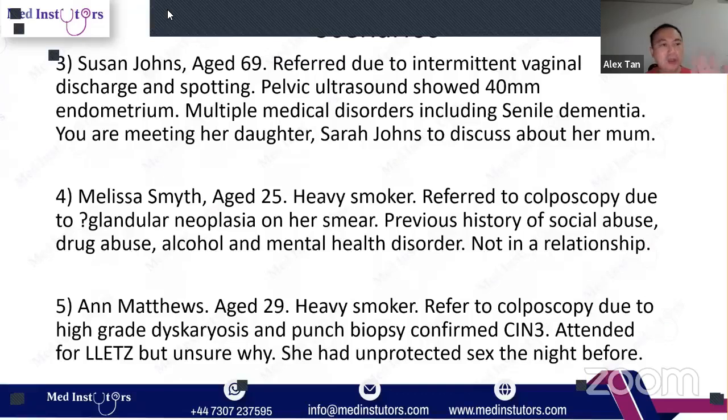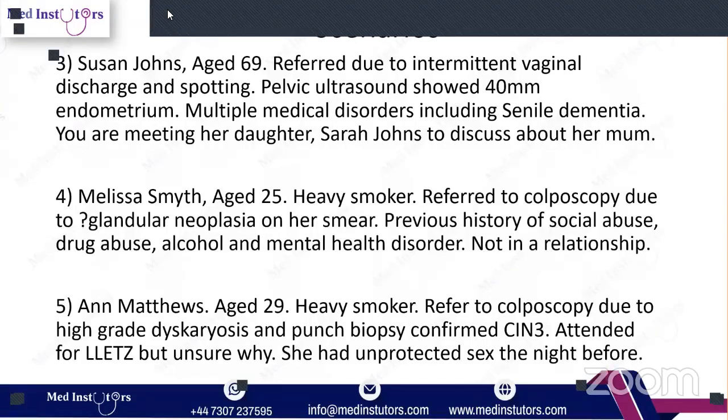Just tell me, doctor, I'm not sure why I'm here today. I was called in by the nurse to come in to see you about something being treated. I have no idea what's going on so far. So tell me what's going on, doctor. Okay, so as we know, you have gone through the colposcopy and we have taken some tissue from your neck of the womb, and now we have the results. And I'm really sorry to tell you that the results are showing that you are having a high CIN3.